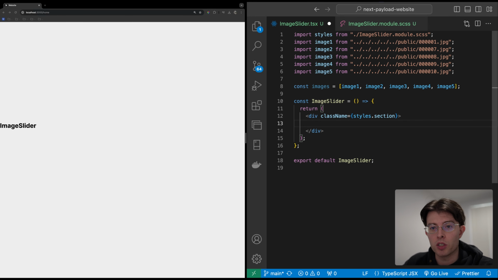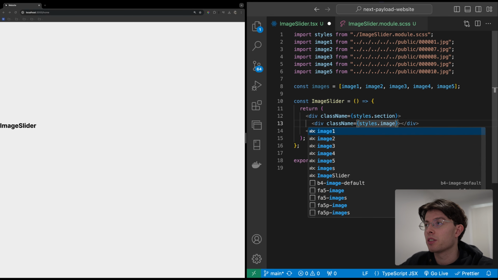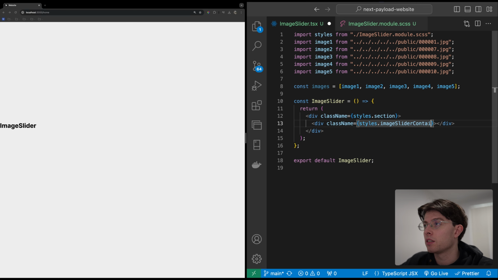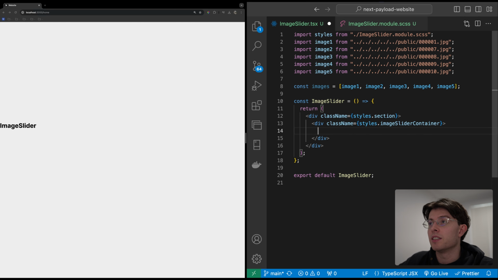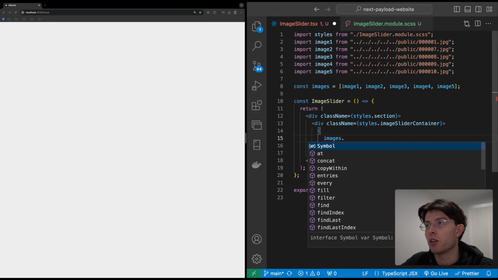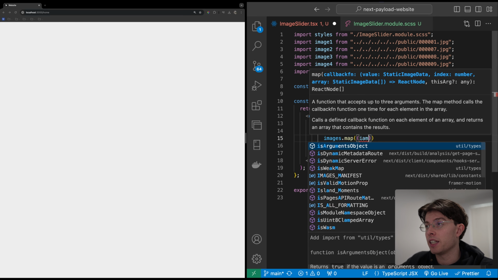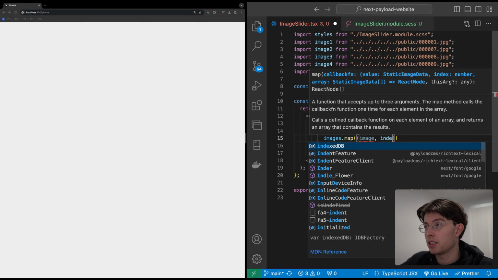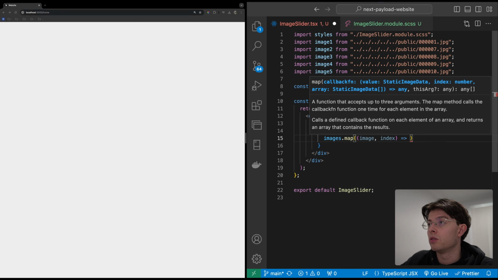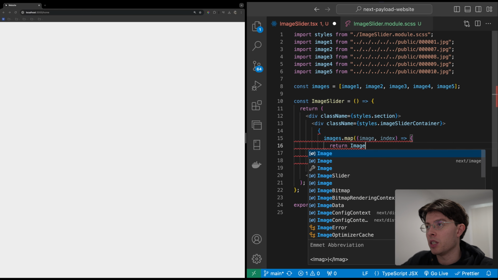Let's get into it. The first thing we want to create is the image slider container itself. So we'll create a div with a class name of styles.imageSliderContainer. And inside here is where we'll put the images. We will map the images array and create a function that returns image